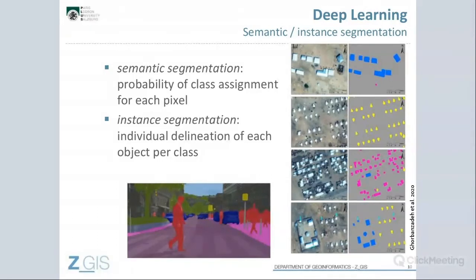And especially if we work in a geospatial context, it doesn't help if we just know that an image is about an airport, but we want to extract the airport. It's not enough that an image shows cars. We want to see where the cars actually are, and we want to turn this into geospatial information. So therefore, these segmentation-based approaches are most relevant.